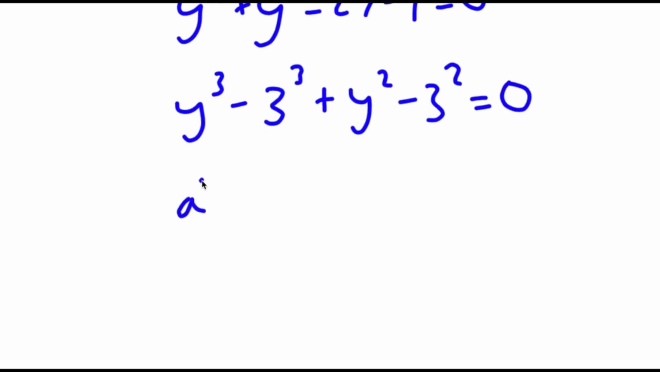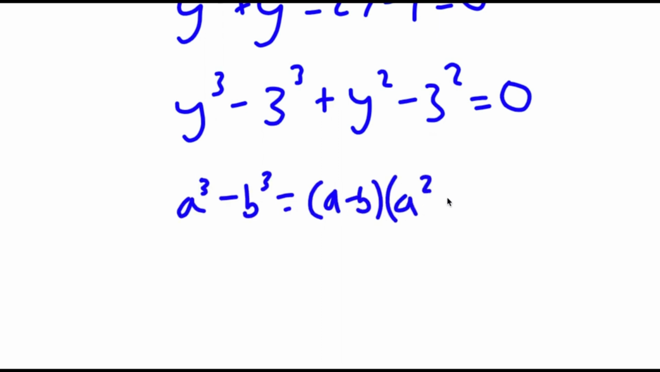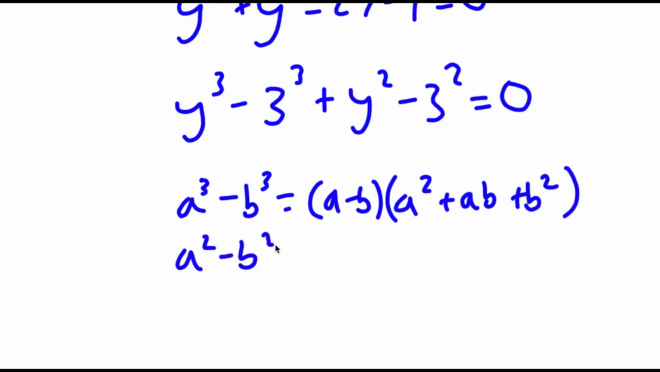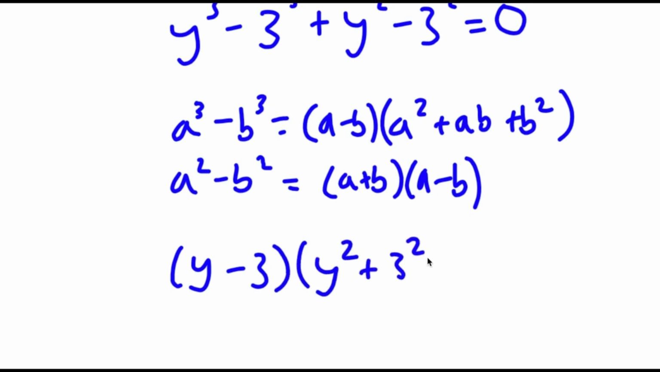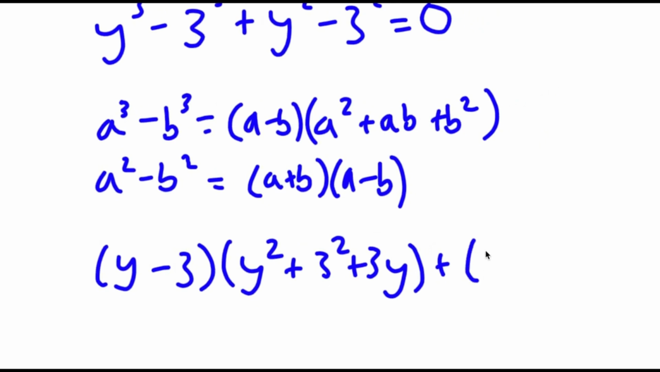So if I have something in the form a to the power of 3 minus b to the power of 3, this is equal to a minus b times a squared plus ab plus b squared. And if I have something in the form a squared minus b squared, this is equal to a plus b times a minus b. So in this case, I can rewrite y to the power of 3 minus 3 to the power of 3 as y minus 3 times y squared plus 3 squared plus 3y, plus I can rewrite y squared minus 3 squared as y plus 3 times y minus 3,